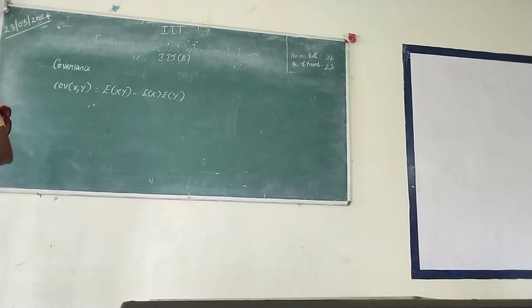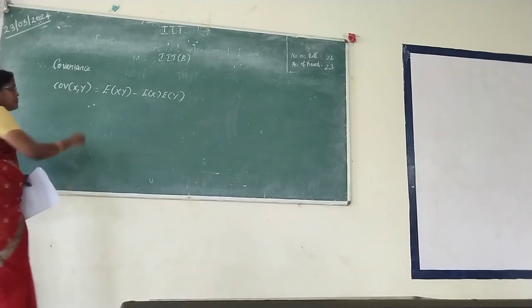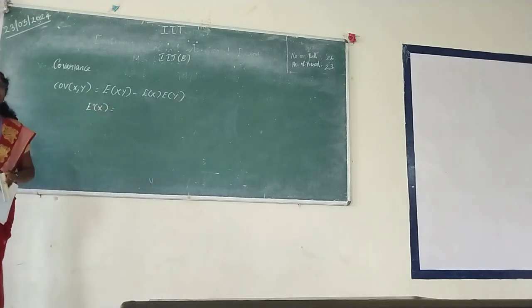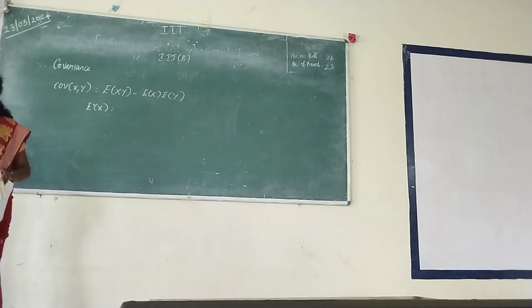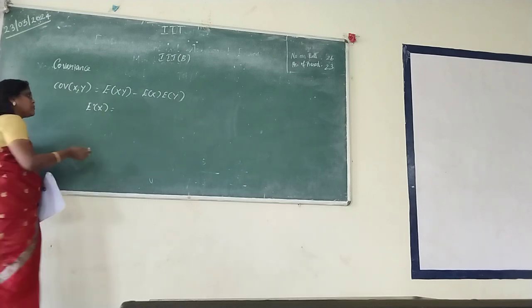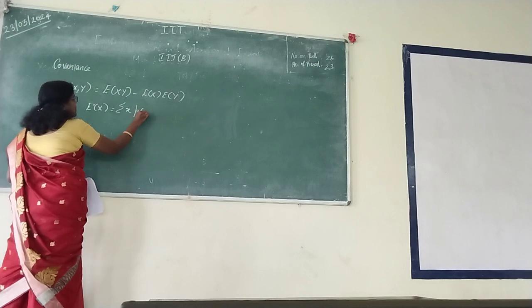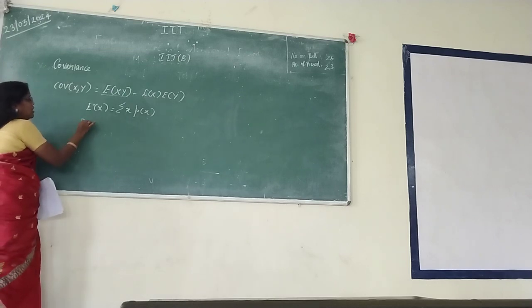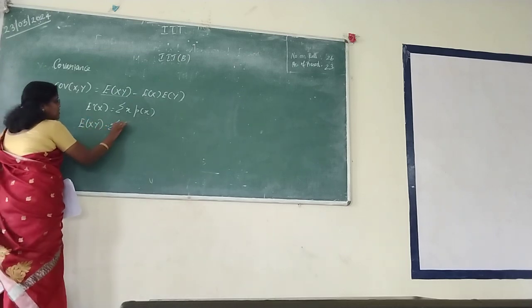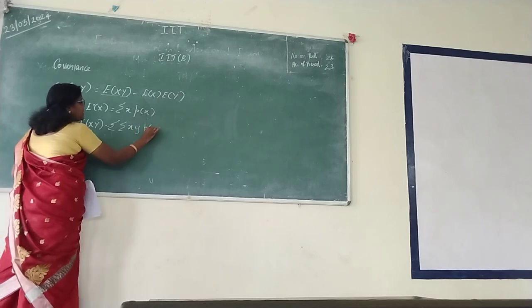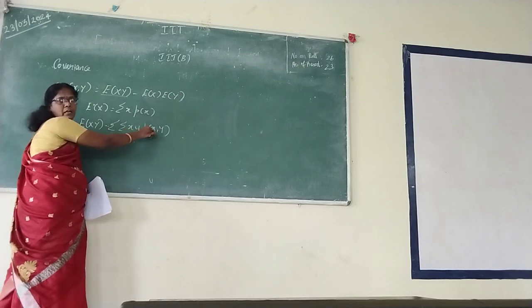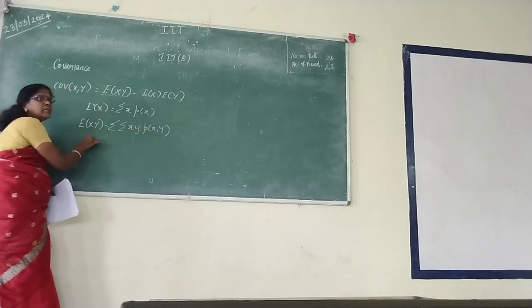Do you all remember the formula of expectation of x? How do you define E of x? We discussed it in Unit 1. What is the formula? Integration of x into f of x. If it is discrete, summation of x into f of x, where it is f of x or p of x. Similarly we can define E of xy now in two dimensions. E of xy will be equal to double summation xy into p of x comma y, because you are going to combine two variables x and y. So you have to relate it to the corresponding joint probability. That is the formula to get E of xy.